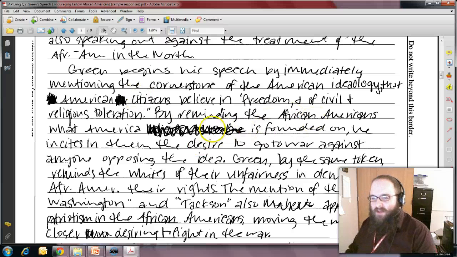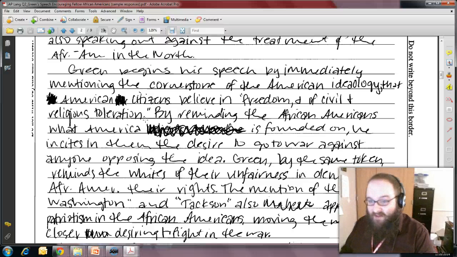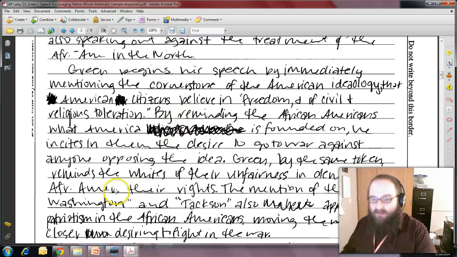Greene begins his speech by immediately mentioning the cornerstone of the American ideology, that American citizens believe in, quote, freedom of civil and religious toleration. By reminding the African Americans what America is founded on, he incites in them the desire to go to war against anyone opposing the idea. Greene, by the same token, reminds the whites of their unfairness in denying the African Americans their rights. The mention of the, quote, immortal Washington and Jackson also appeals to the patriotism in the African Americans, moving them